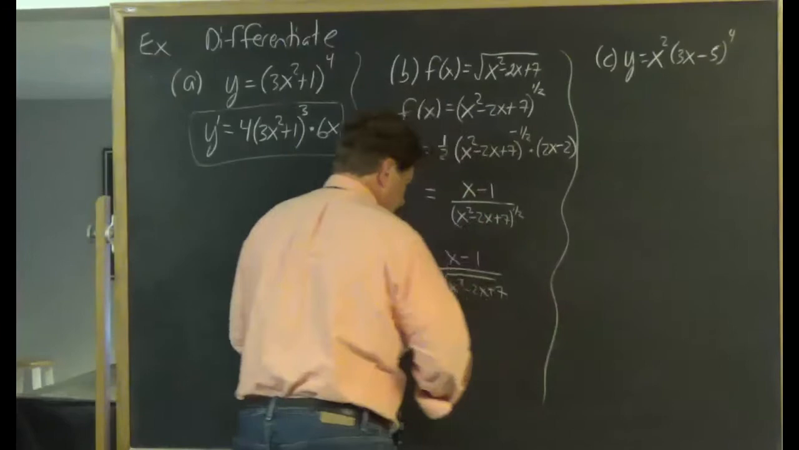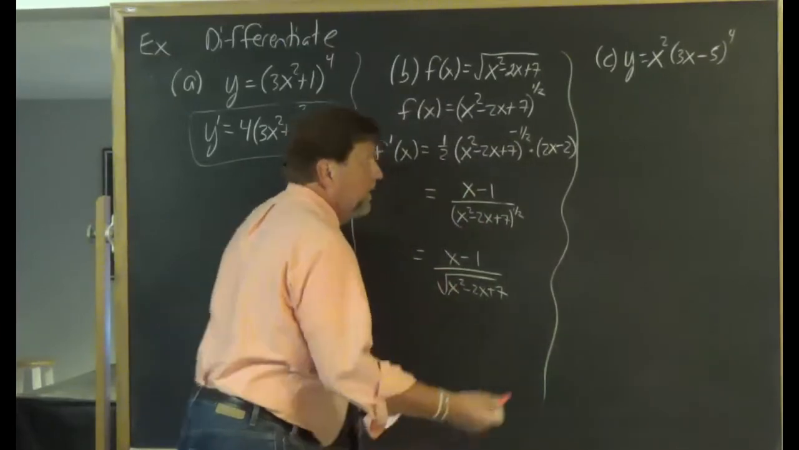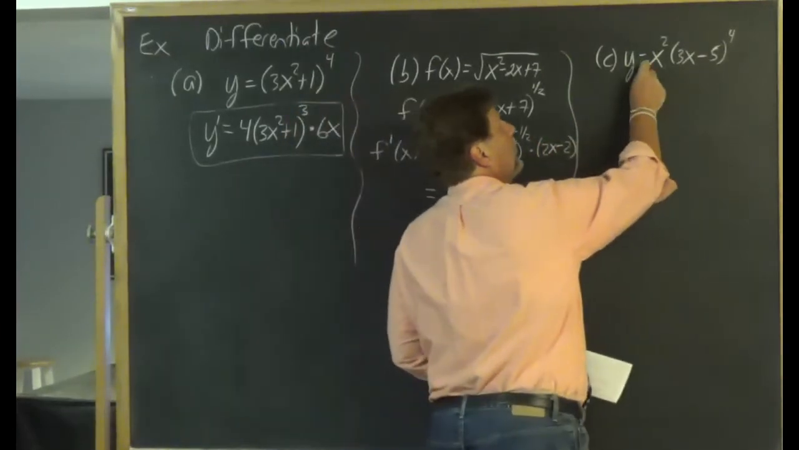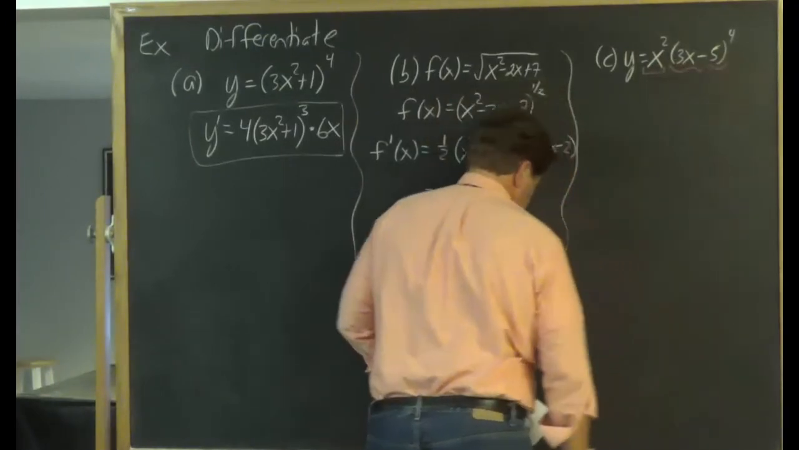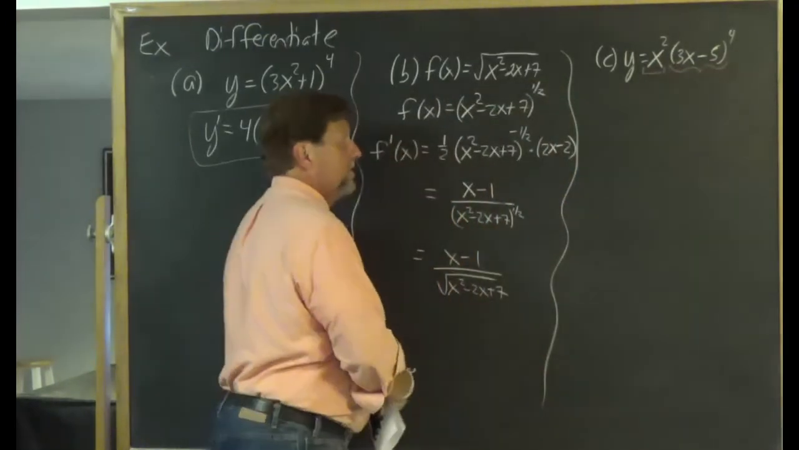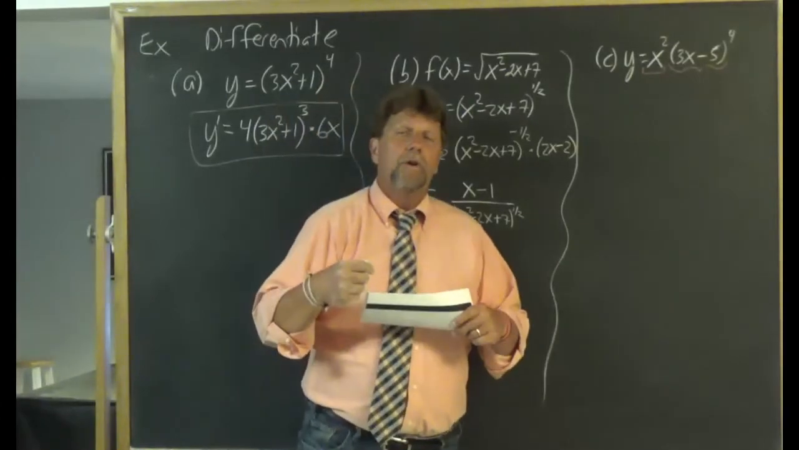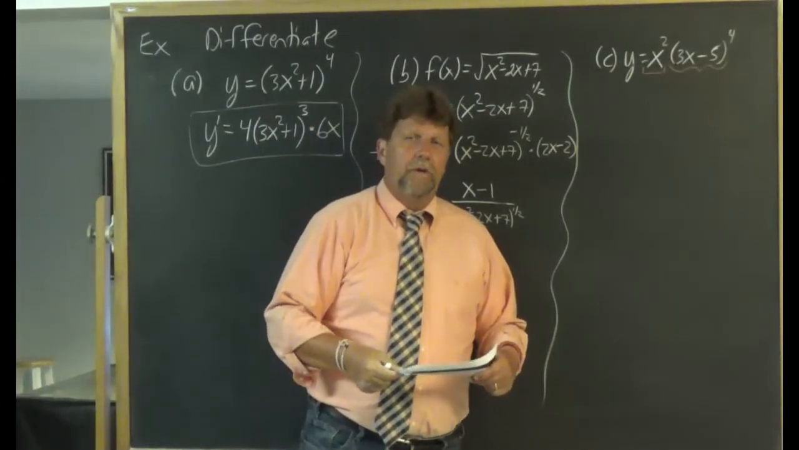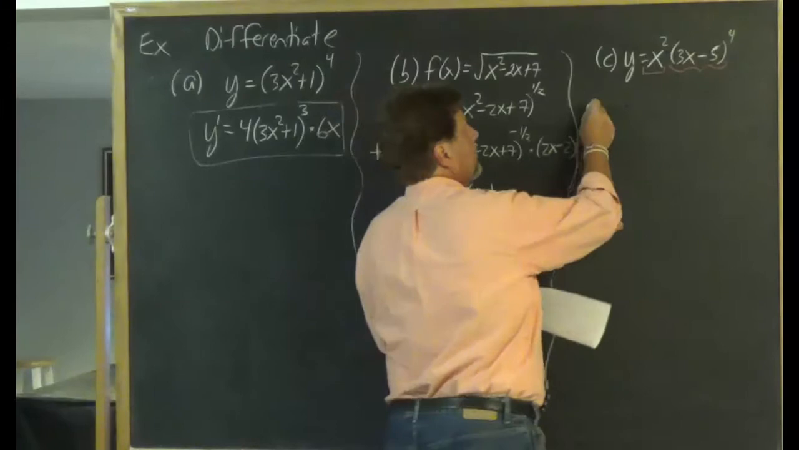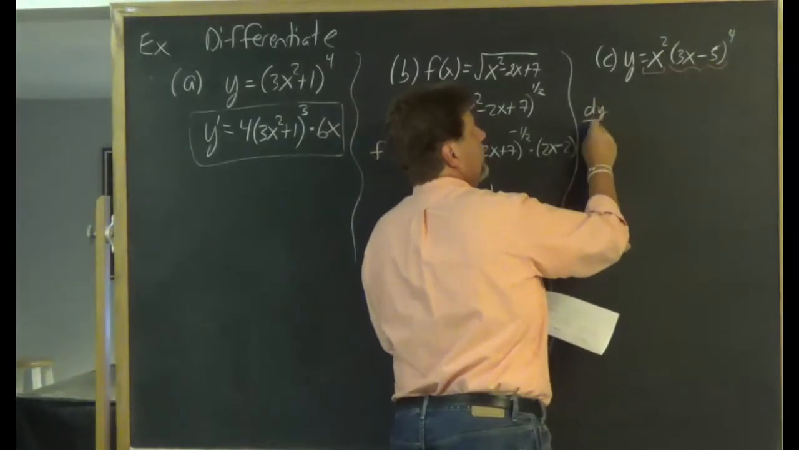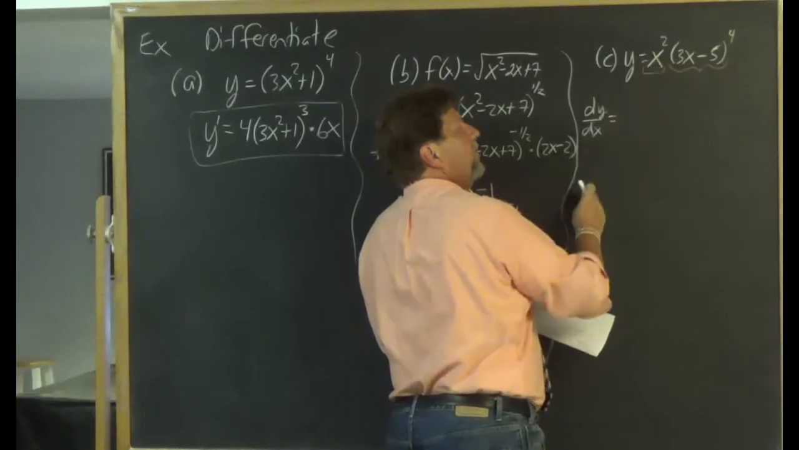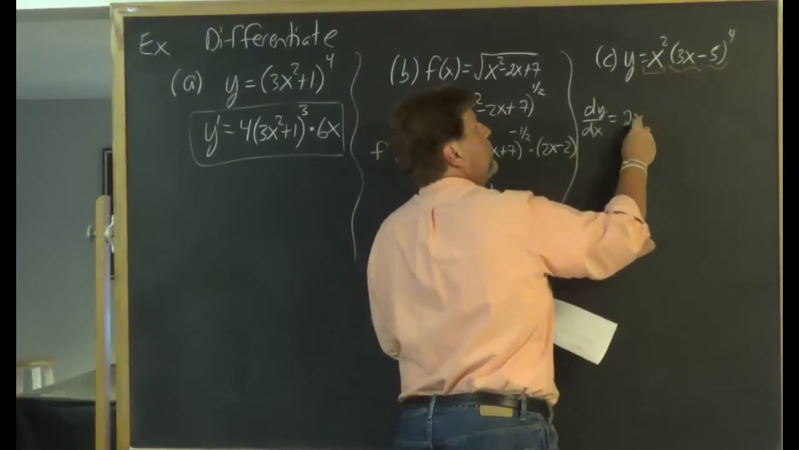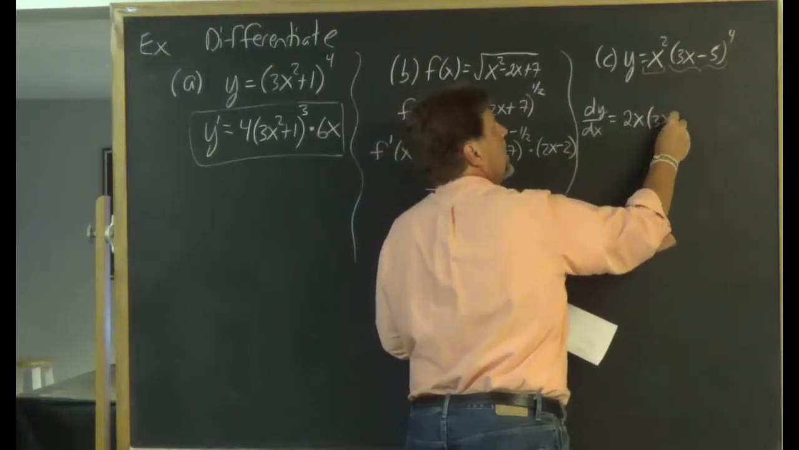Part C, so check out part C. You still have to remember old rules. We have a product of 2 functions, so we have to crank this through the product rule. So here we go, product rule. I'll call the derivative dy dx equals the derivative of the first function, 2x, times the second,